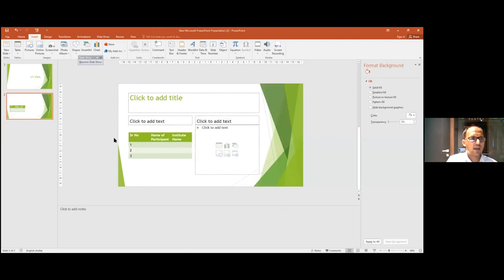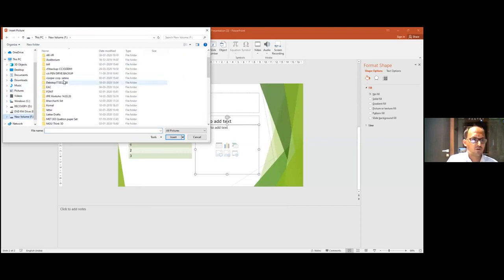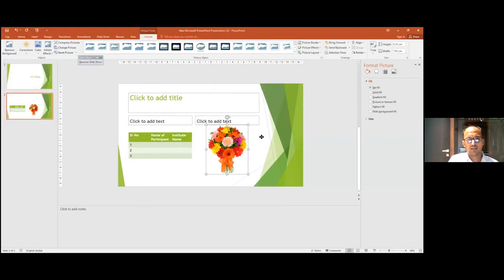Similarly, you can add images to your PowerPoint presentation. You can add the images by clicking on this picture icon. Once you click on this, you will have a tab, and you can choose the pre-downloaded images from your computer to your presentation like this. For example, I want to insert this flower bouquet over here. I can just click on Insert and the bouquet is here. I can change the dimensions of this image wherever I want.